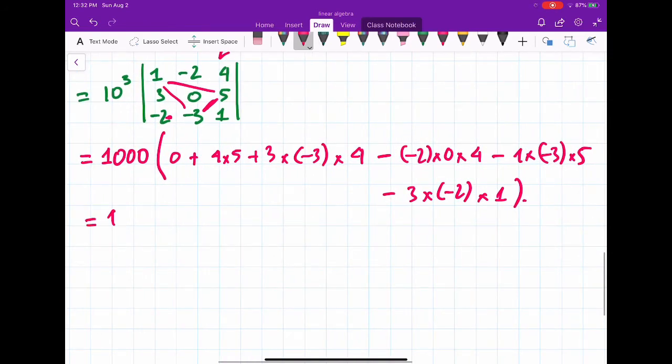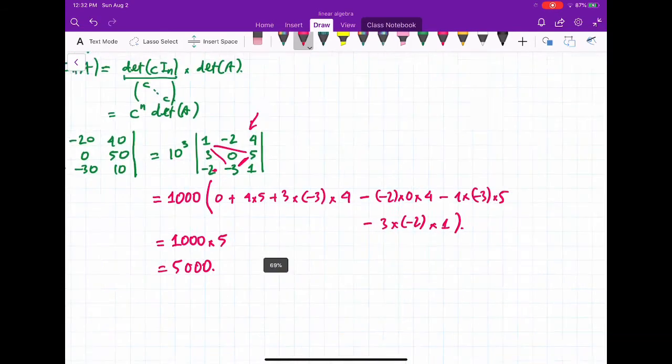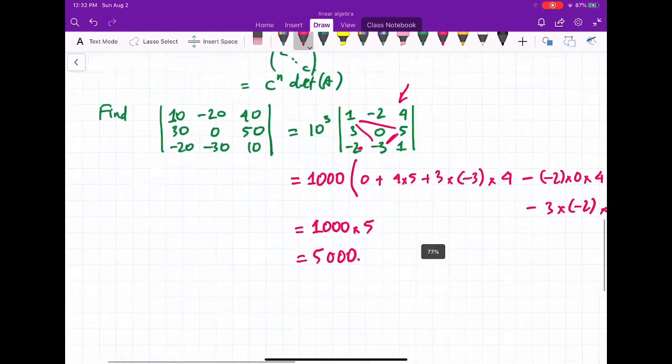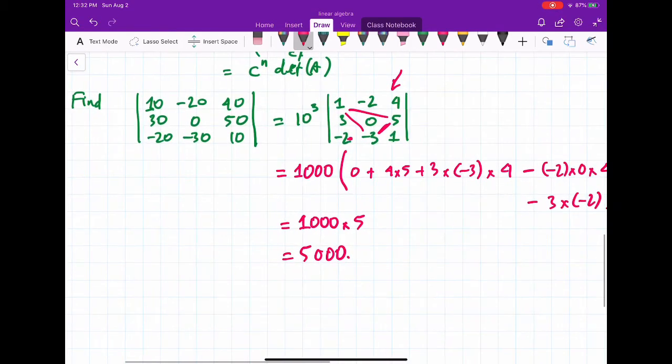So you just simplify all this, you get 100 times 5, which is 5000. Okay, you see, sometimes that helps to avoid big computation. Because if you apply a direct computation for this determinant, of course you need to work with 10s, 20, or 40 or whatever, big numbers. Okay,